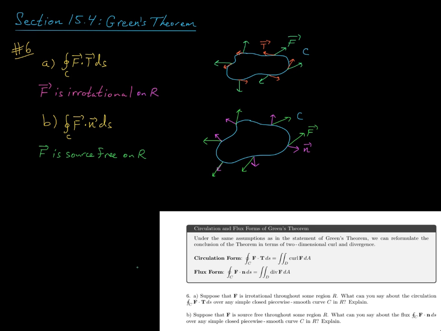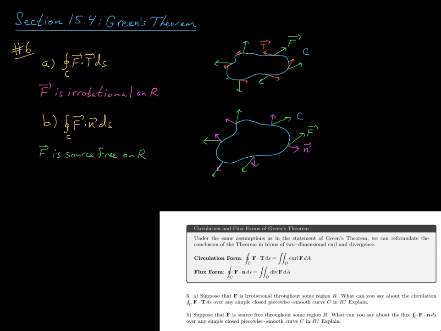All right, let's look at question 6. Part A says, suppose that F is irrotational throughout some region R. What can you say about the circulation of your vector field over any simple closed piecewise smooth curve C in R? Explain. All right, so if I have some region R and I draw a simple closed piecewise smooth curve